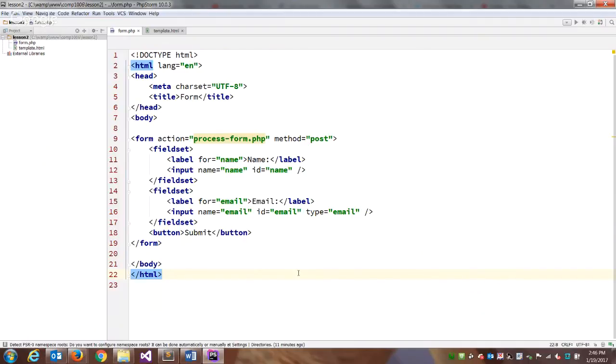Like we are using the action attribute, and it should point to a PHP document, or we can point to something like .html. Great question. This page could be an HTML page because it doesn't actually require any PHP scripting, right? We can get those inputs just with HTML. However,